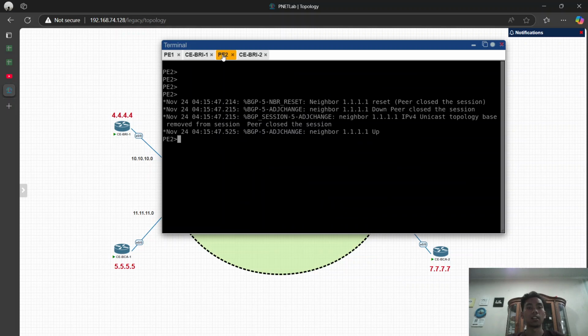Okay, and the PA2 as the neighbor 1.1.1.1.